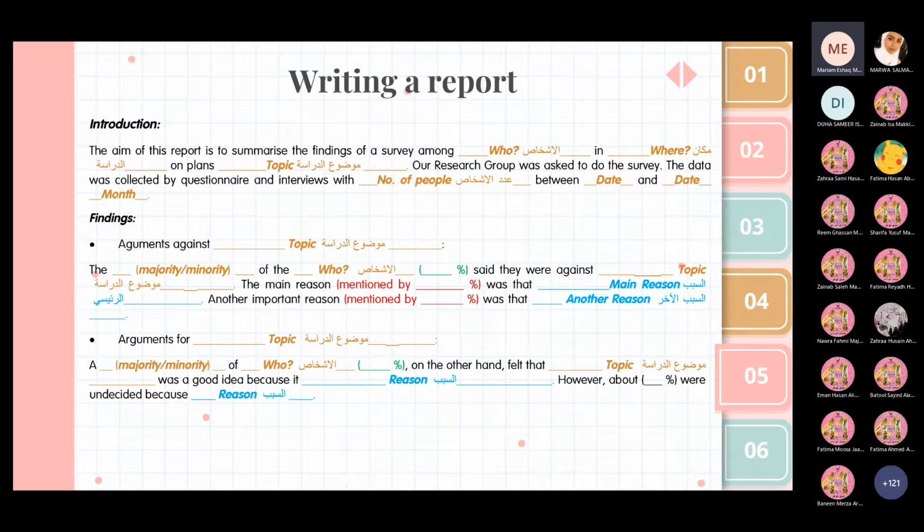So an important thing you must keep in mind while writing the findings is that you are going to write headings. When we write headings, they're like titles in there. You don't write this word, which is the findings, but you write arguments against and arguments for. So you start with arguments against, and then you write the topic. The topic again is building a shelter for stray dogs. Arguments against building a shelter for stray dogs, and then you start writing the paragraph itself.